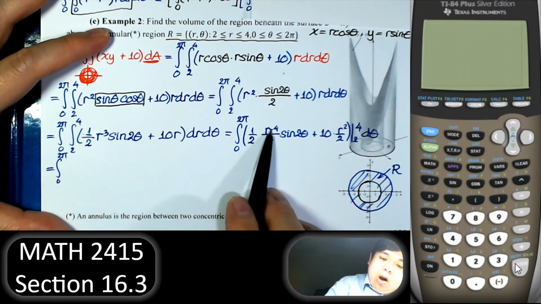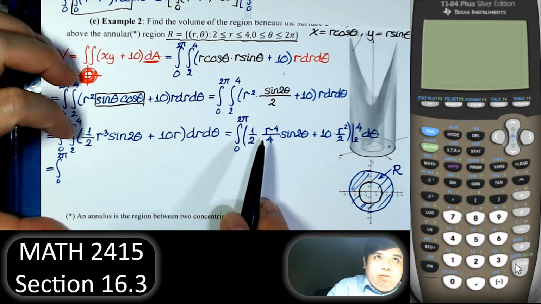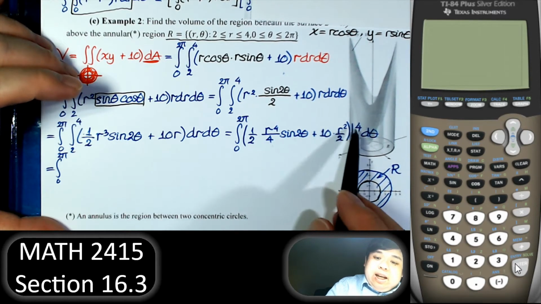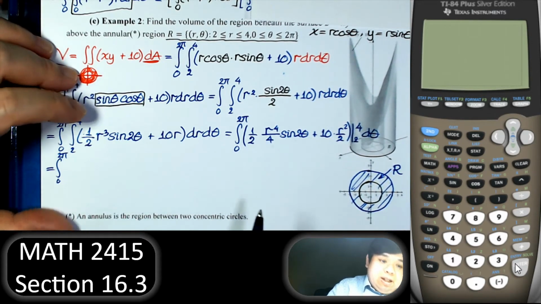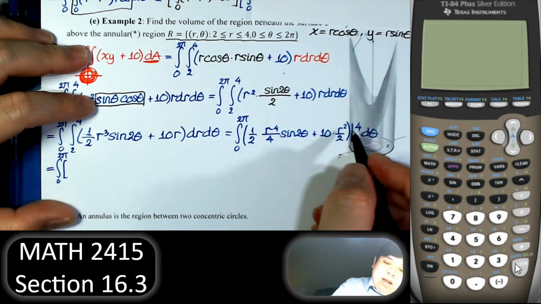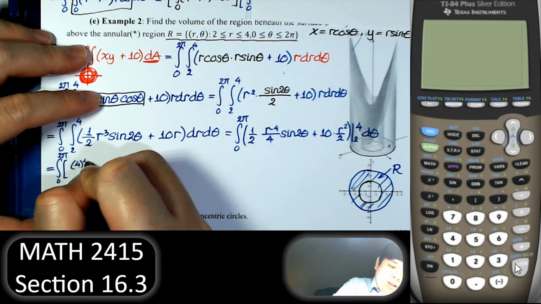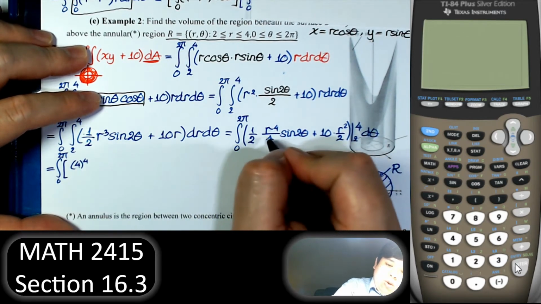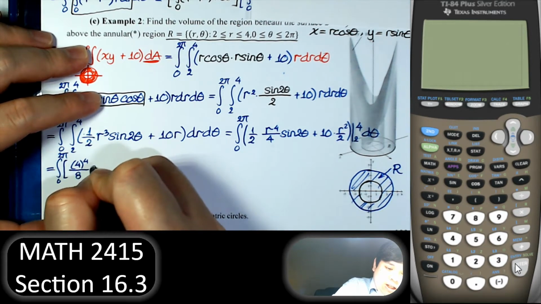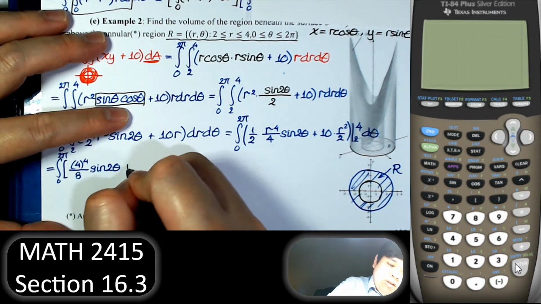Right. R to the 4th, so that is 1/8. So I have r to the 4 over 8 sine 2 theta. 10 and 2 cancel, that is 5. Now I'm going to put 4, I'm going to put 2 in it. So first, we're going to put 4 in. We have 4 to the 4th power over 8 sine of 2 theta plus 5